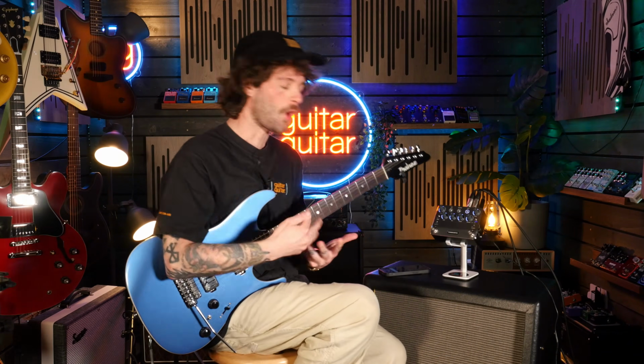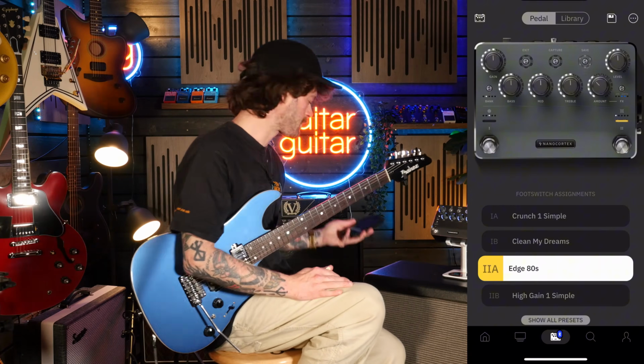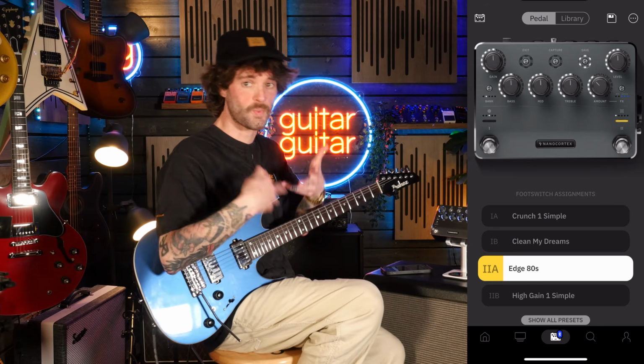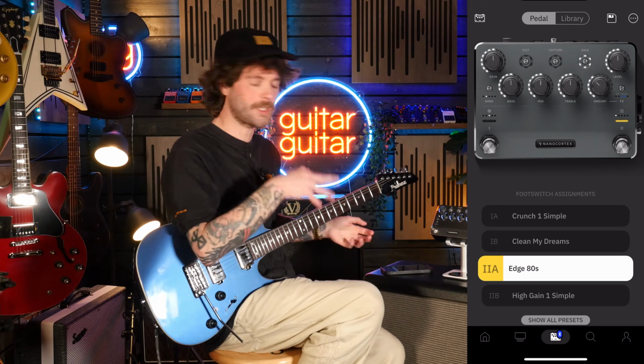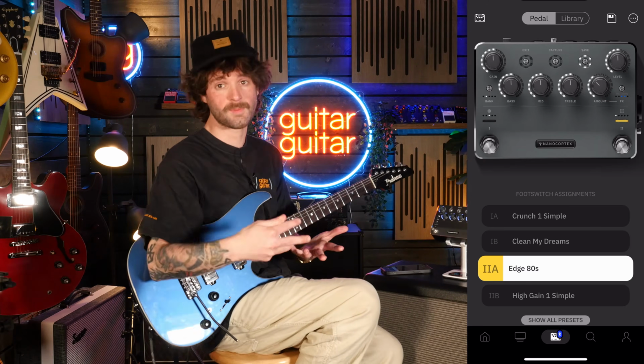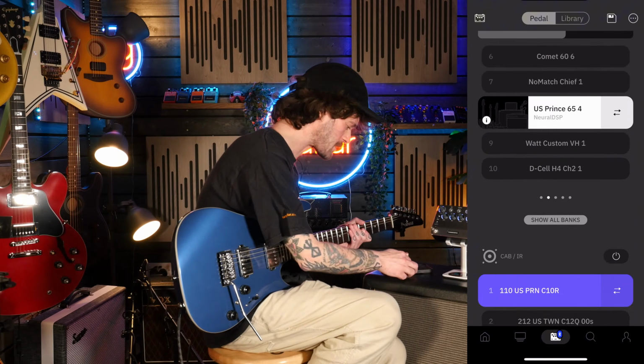So to round up what has actually been added to the Nano Cortex, there are 47 brand new effects put into it, as well as a bit of a revised UI. You will see, I'm going to put an overlay of the actual phone app that I'm going to be using. I'm using that all just from my phone today. It's really easy to get to grips with, and certainly easy to switch and change out effects. Now, if you're not keen on a phone UI and you prefer screens and whatnot, then the Quad Cortex might be the one for you. But Nano Cortex, really easy to get your head around. So let's check out some of those effects to start out with.